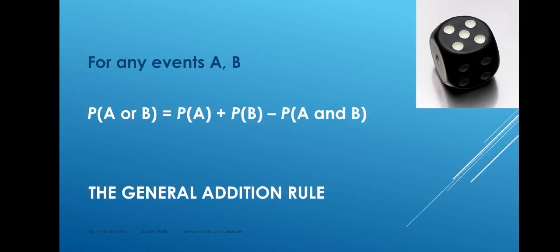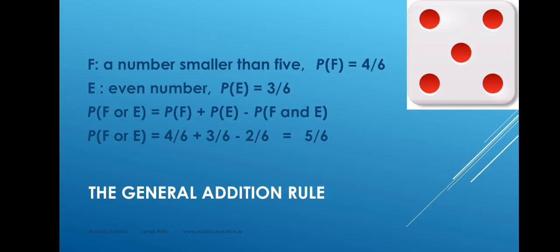The next rule we consider is the general addition rule. Again, this rule applies to any events. The events do not need to be mutually exclusive. The probability of A or B is the probability of A plus the probability of B minus the probability of A and B. An example of this rule is, let's say that we roll a die and F denotes